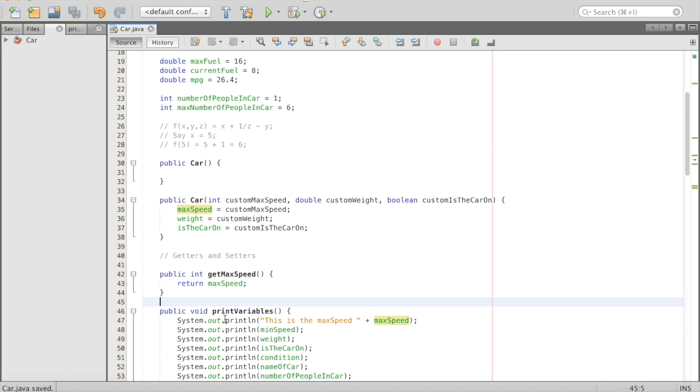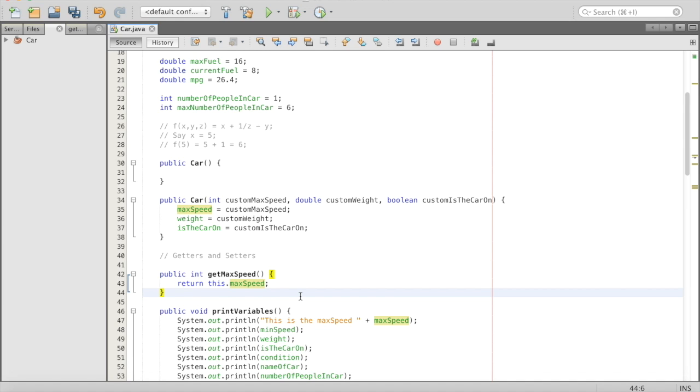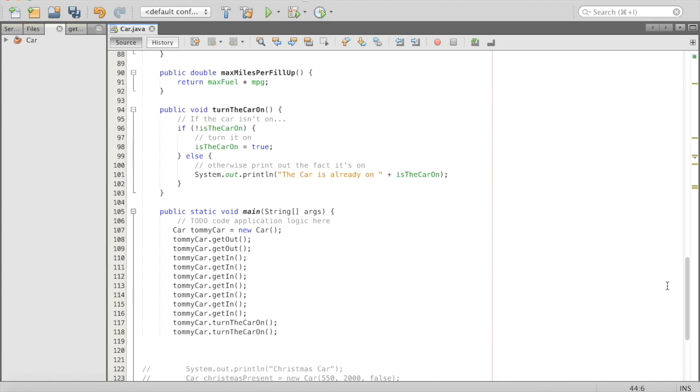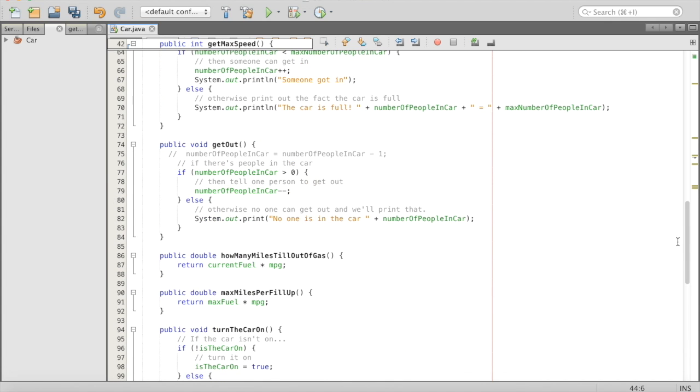And I'm going to introduce a keyword here called this. This may seem very hazy at first, kind of weird to use, but I promise it will make sense as we go along. Basically what it means is that we are talking about this object. What object? It hasn't been created yet. Well, when we create a car like our Tommy car down here, we did TommyCar.getOut. Well, the Tommy car had many properties with it. It had its number of people in car, stuff like that, and it turned green here because we were accessing